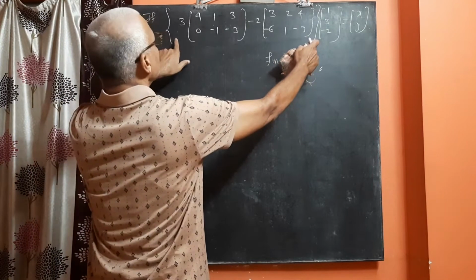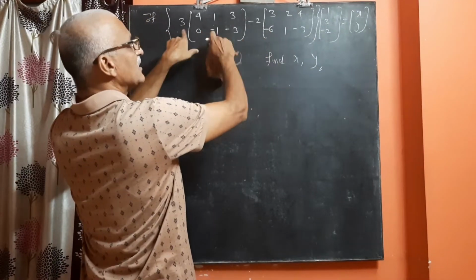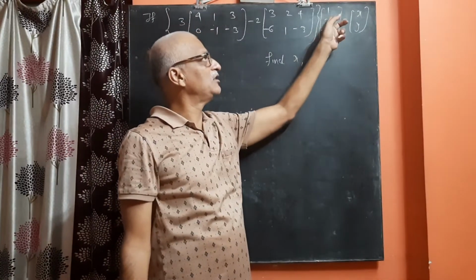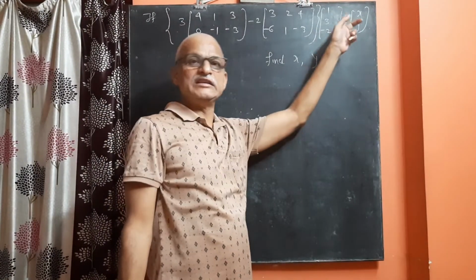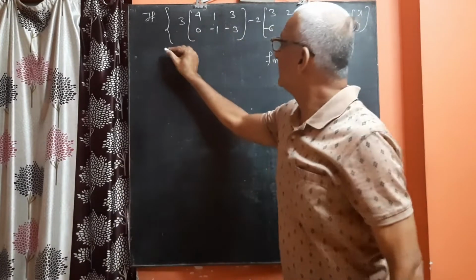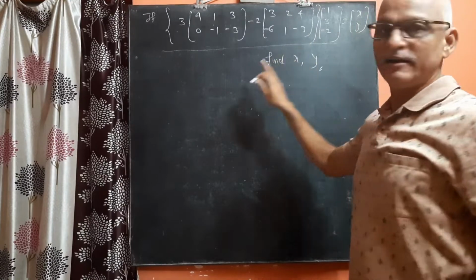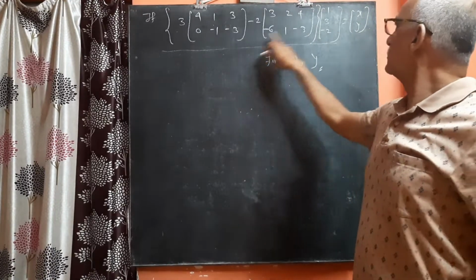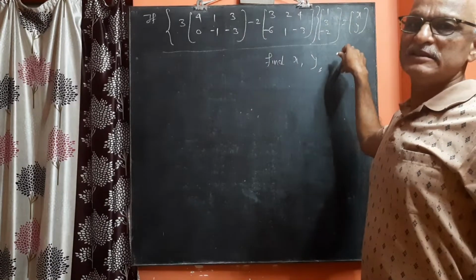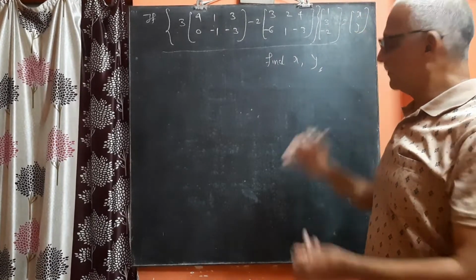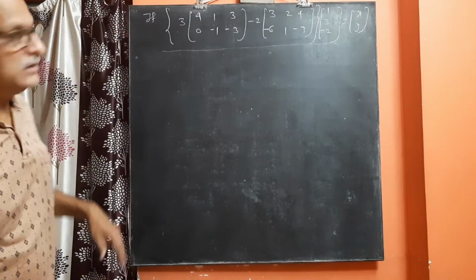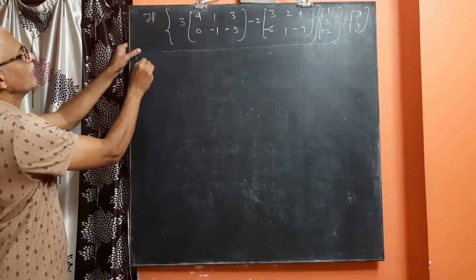In the curve bracket there are two matrices with the scalar multiplication. It is multiplied by the column matrix 1 3 minus 2 is equals to the column matrix x and y. That means ये कंप्लीट फाइंड आउट करने के बाद में आपको एक मैट्रिक्स मिलेगा, उस मैट्रिक्स को इस मैट्रिक्स के साथ इक्वेट करो. After equating the two matrices you will get the value of x and y. The procedure is similar which was in the previous problem. So let us solve it.